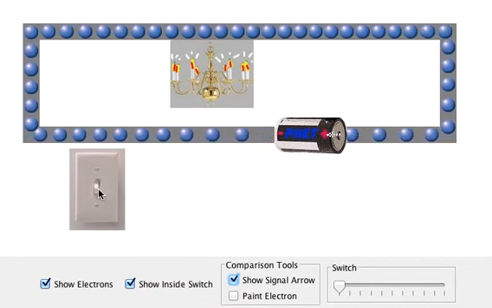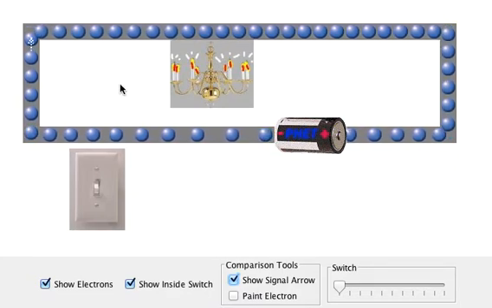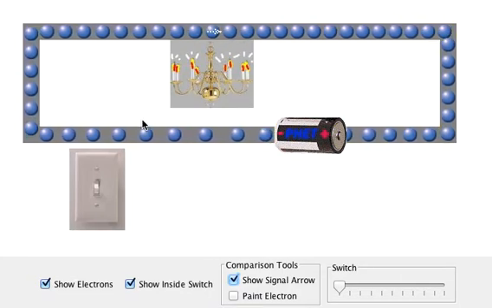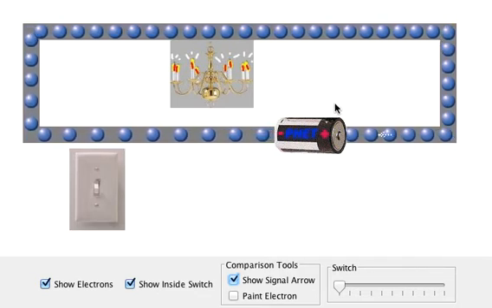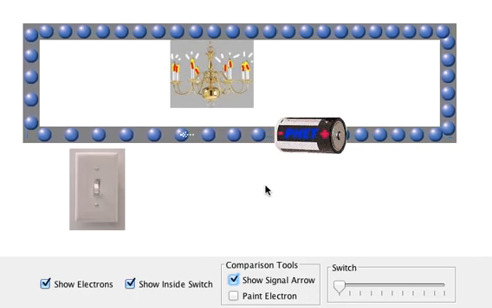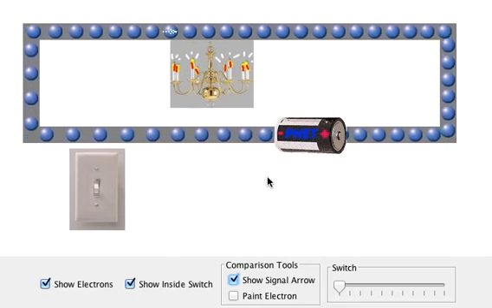So it's not the speed of the electrons that's really fast, it's the speed of the signal that's really fast in a circuit. Finally, this battery over here is simply an electron pump. It doesn't create electrons, it doesn't provide electrons, it just provides a difference in voltage that gives those electrons energy